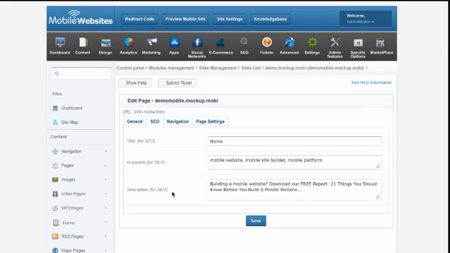And this just allows you to do on-page SEO for each individual page. So all your pages will have these boxes, and there's very few platforms out there, especially on the mobile side of it, that have this type of stuff. Most of the time you have to call up an SEO company and pay them thousands of dollars to do this same stuff for you because it requires coding. We've built it directly into the platform, so you can just go in here and change them and update them,